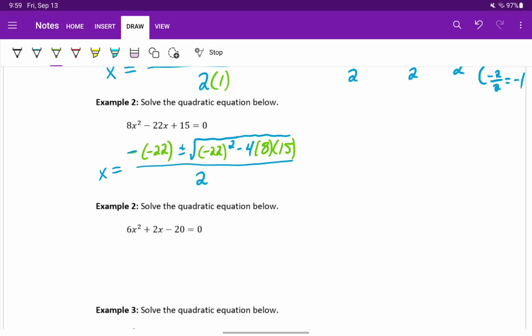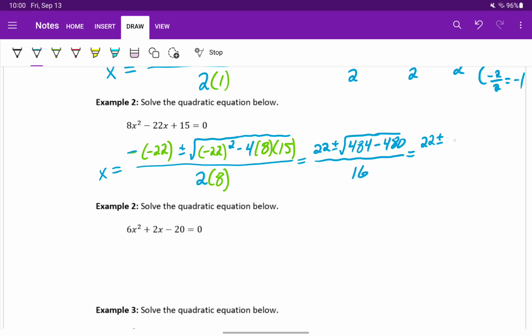All of that over 2 times a, so 2 times 8. Our two negatives will cancel again, giving us 22 plus or minus the square root of 484 minus 480, all over 2 times 8, or 16,